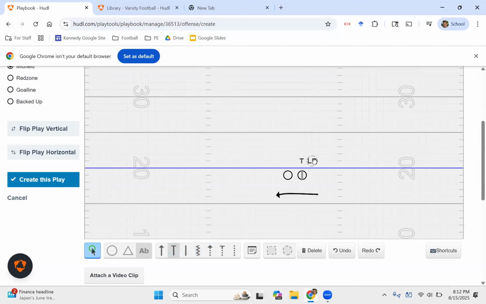The next scenario. This guy isn't going to stay here. More times than not, this guy is going to move and slant into a gap instead of just staying head up. So we need to be prepared, both guys, for this guy to slant. In our minds, we're thinking this guy's not going to stay here. He's going to move somewhere.